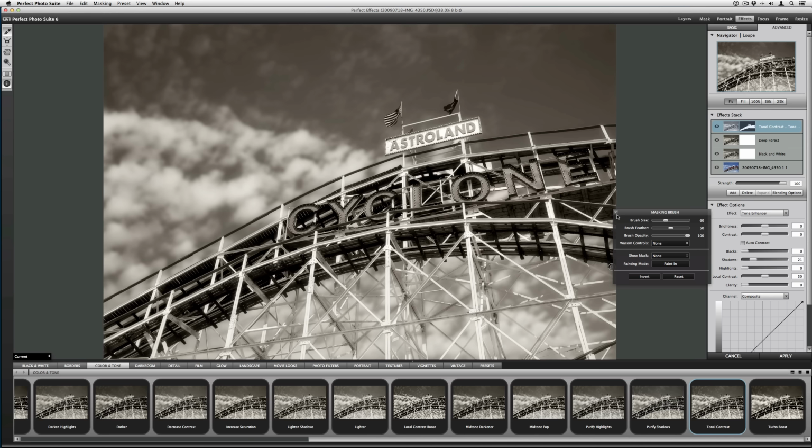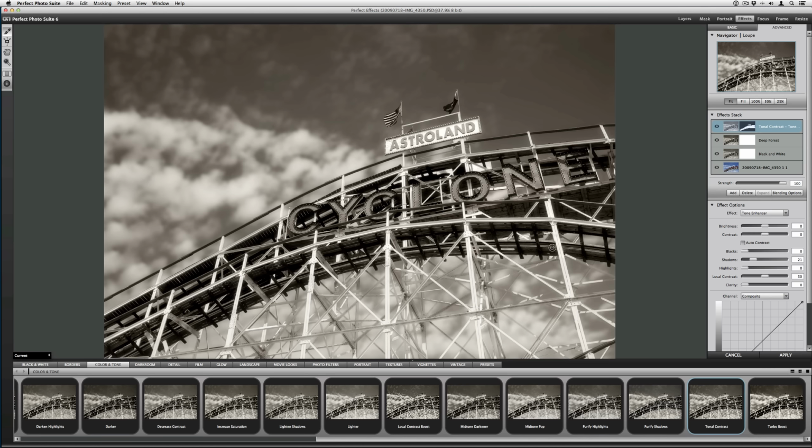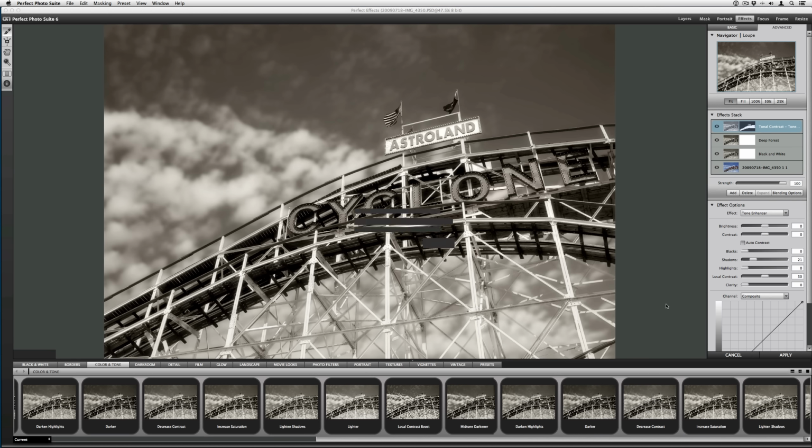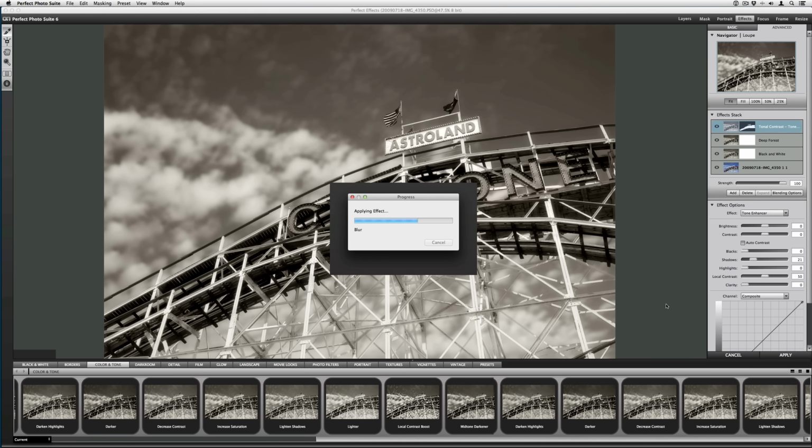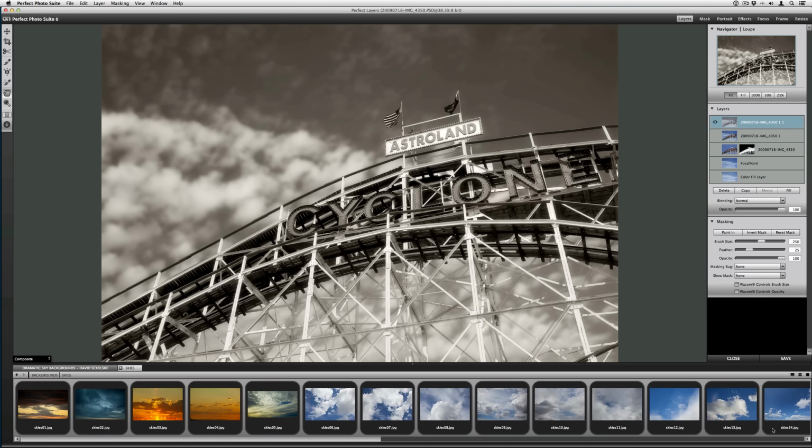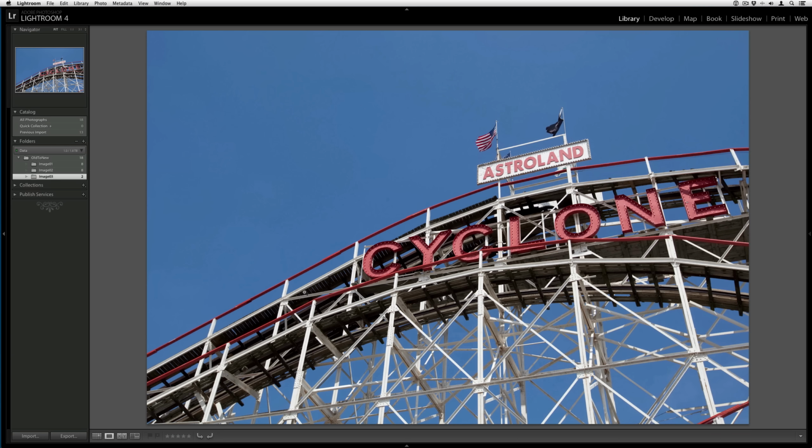And so here we go. That's our image right there. Let's hit apply. Oh, did I hit? I didn't hit apply. And now we're going to hit save. And then in Lightroom,